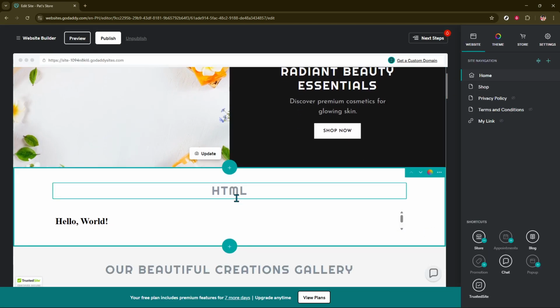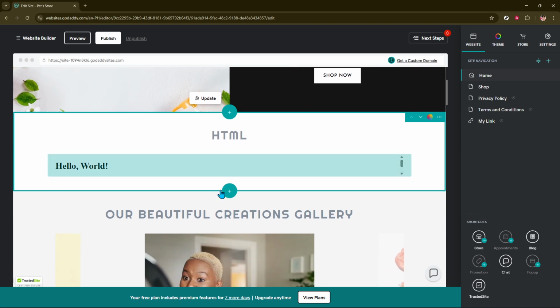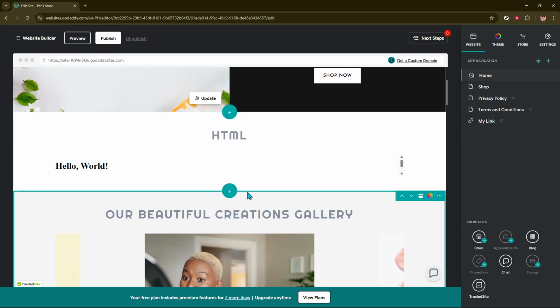Finally, it's important to review your changes before they go live. Click on Preview and Publish to see how your site looks with the newly